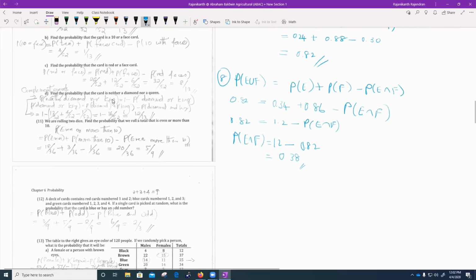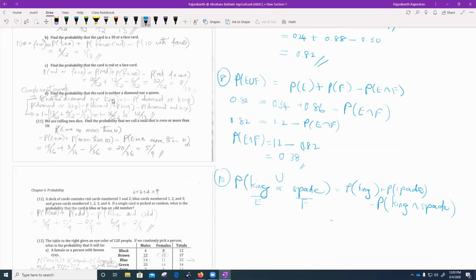Okay. So number 10, the question is finding the probability of king or spade. Now, if this is my event E and this is my event F, then OR is a union. If you use the union formula, the probability of E union F is the probability of E, my event E being king here, the probability of getting a king, plus the probability of F, spade. Then you have to subtract the probability of the overlap. You're choosing one card. Remember, that should be a king with the spade